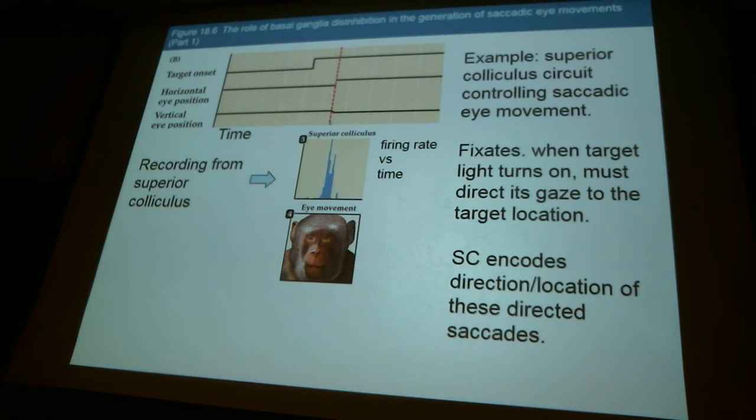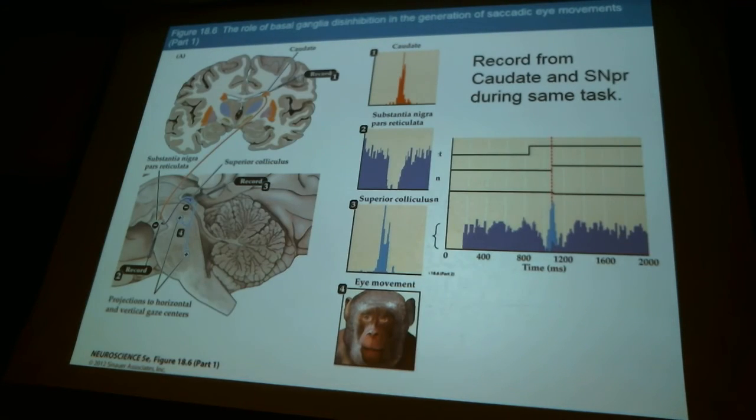So the superior colliculus itself encodes the direction and location of those eye movements. You can show this by stimulation experiments and by recording and so on. But we're interested in this basal ganglia control. So again, here's our cross section. Here's our recording from, in this case, the caudate. The caudate is sending a projection to the substantia nigra pars reticulata. This is the purple, and so we can record from the caudate, the substantia nigra, and the superior colliculus